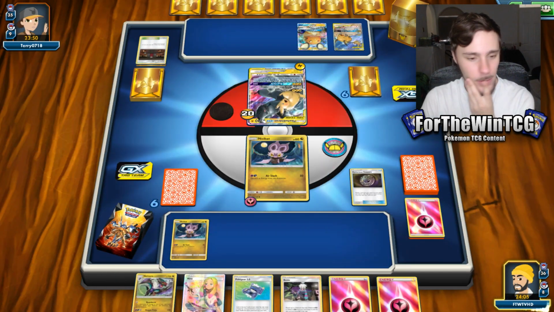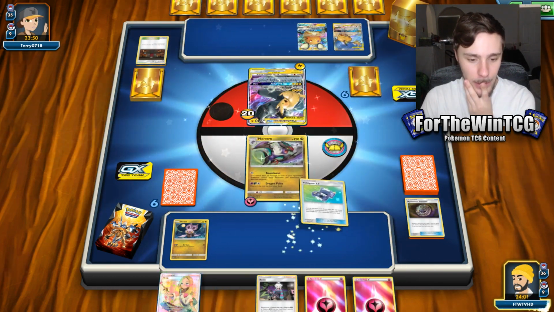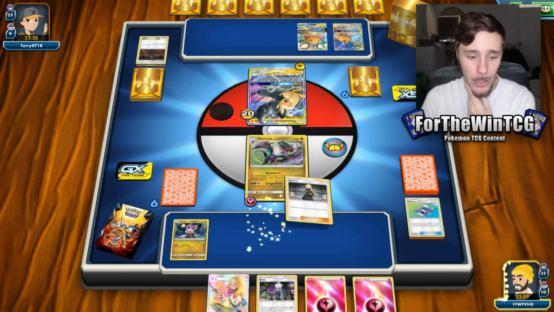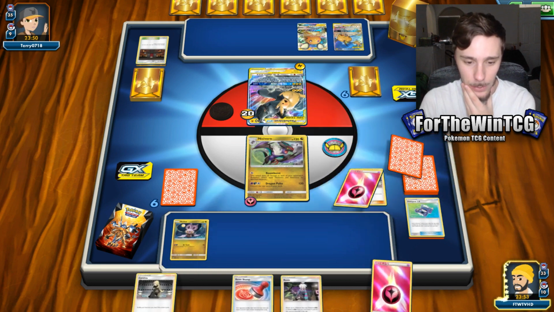Good stuff. Ready to spread that damage, baby. And then hopefully we can get something off of this. We can. Cynthia. Sweet. Now would be a good time to get that Mimikyu down, because we have a turn to attach energy, so...